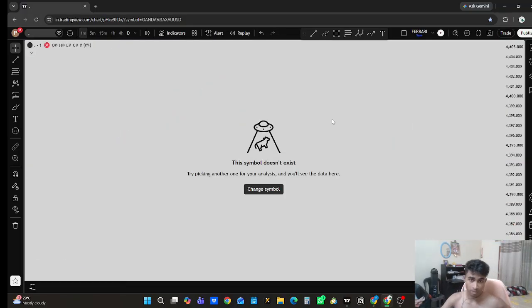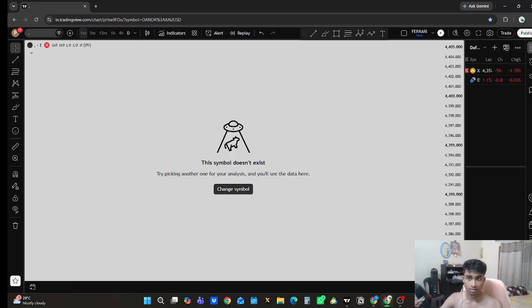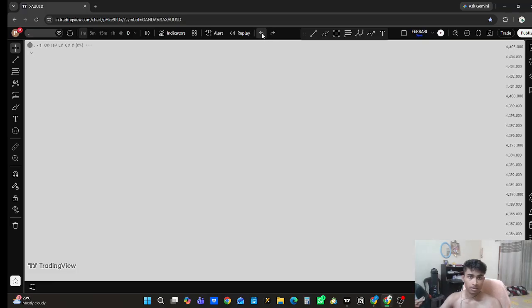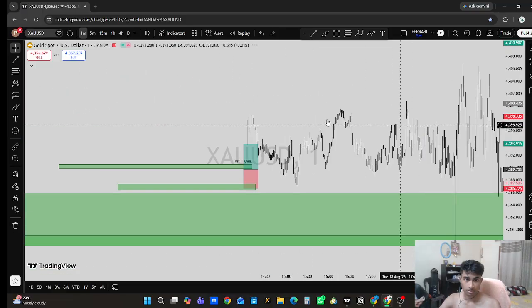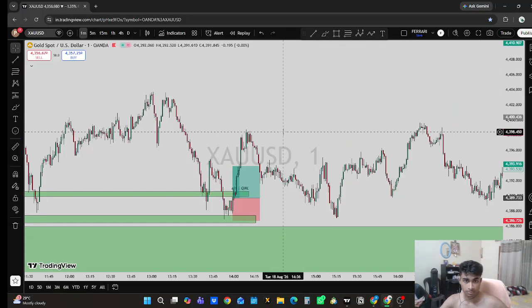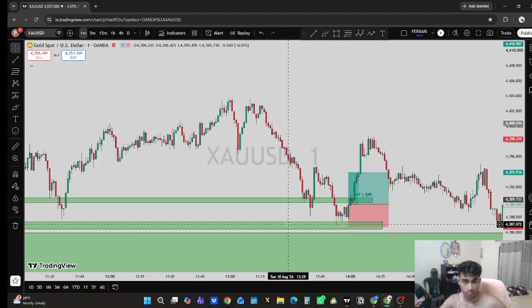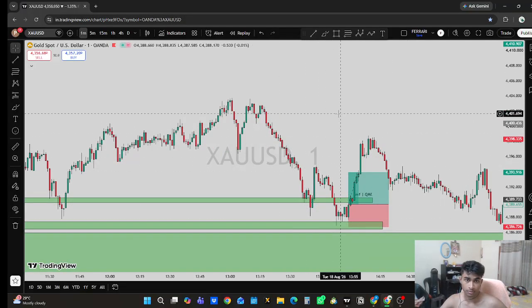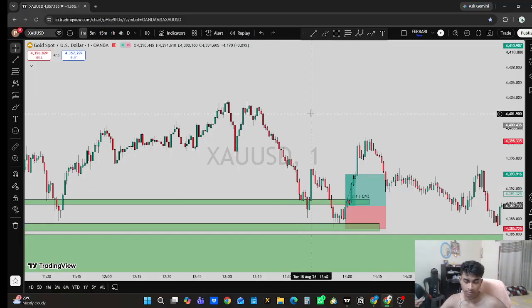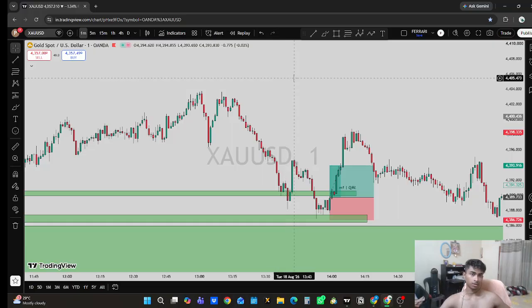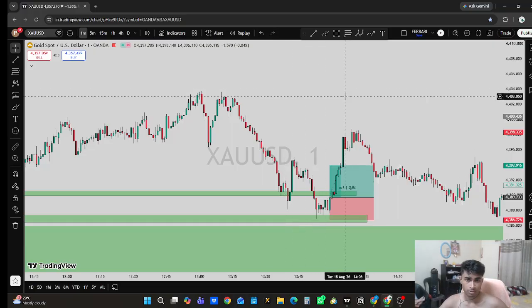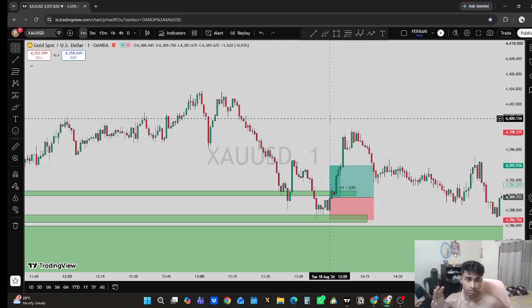I'm not saying that all the levels fail, but what I am trying to make a point is, on the lower time frames, the double bottom and the double top, if supposedly it was a double top level, it kind of works more as compared to the A plus or the support becoming resistance or the resistance becoming support. This is just my wild observation.